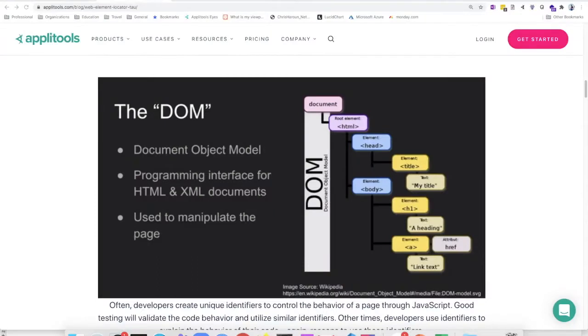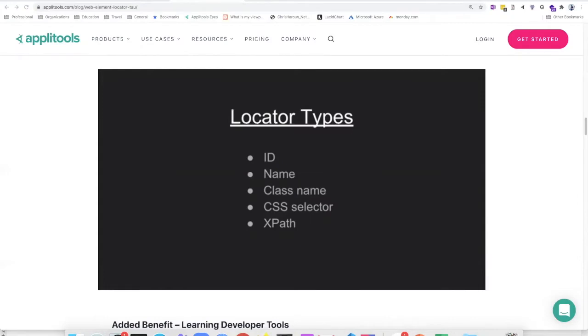For those who are new to automation, element locators are a way to identify inputs and outputs in the software. Thus, they are a reference point within the document object model which allows you to pull data from and push data to a web page and measure its response. If you are using Selenium or any other UI automation framework, you could be using one of the following locators like ID, name, class name, CSS selector, or XPath to interact with the web elements.